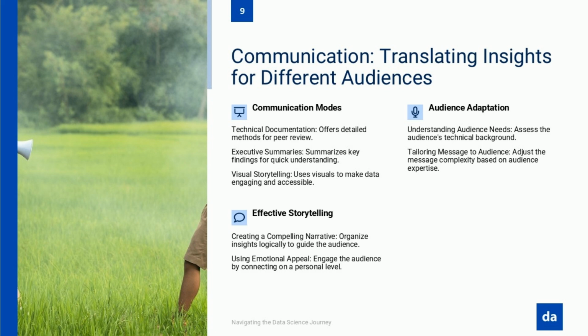Data professionals think in distributions, probabilities, and algorithms. Business stakeholders think in opportunities, risks, and bottom-line impacts. When these worlds collide without proper translation, the result is confusion, frustration, and ultimately inaction. Consider what happens in these cross-functional meetings. Technical teams proudly present their methodological rigor and statistical significance, while business stakeholders silently wonder, what does this mean for our quarterly targets? Both sides leave feeling misunderstood and questioning the value of the collaboration.